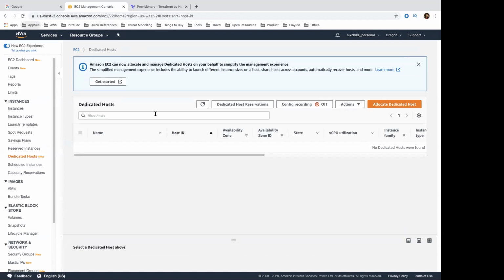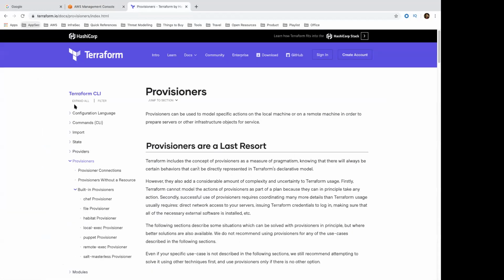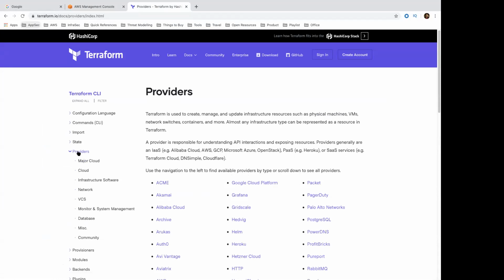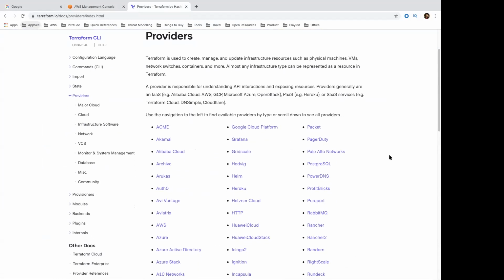We need to have a free Amazon AWS account first, and also let's look at Terraform as a website. If you look at Terraform, their documentation itself speaks a lot about their different tools, different providers, provisioners, and a bunch of different available resources that we have.